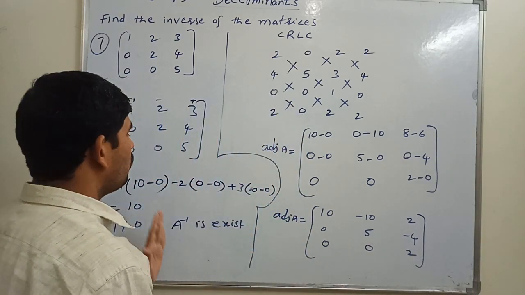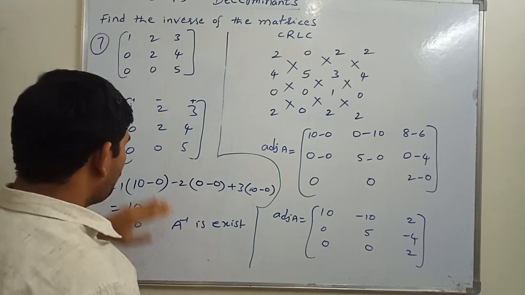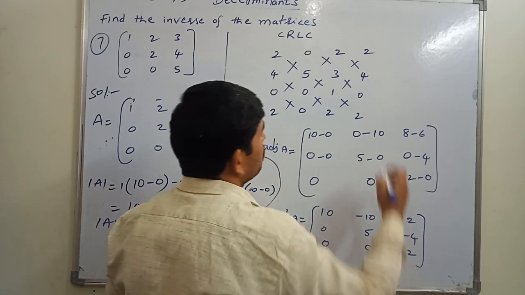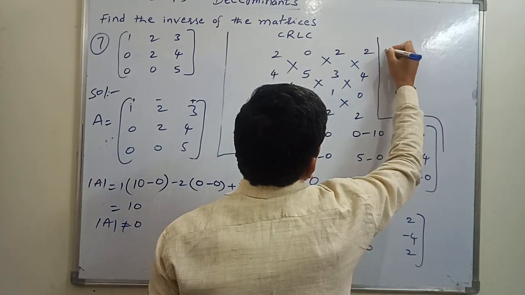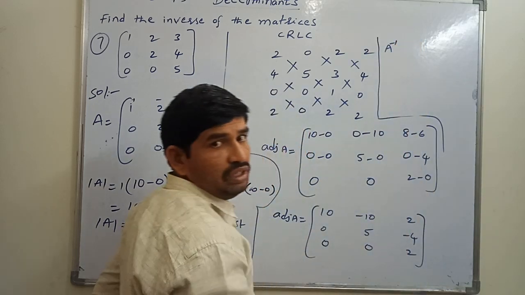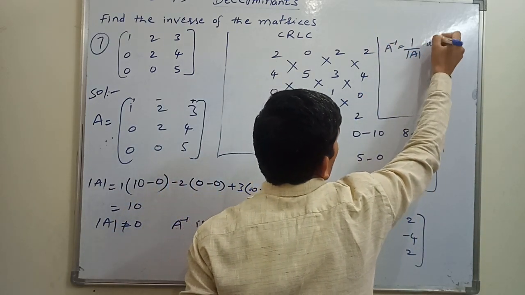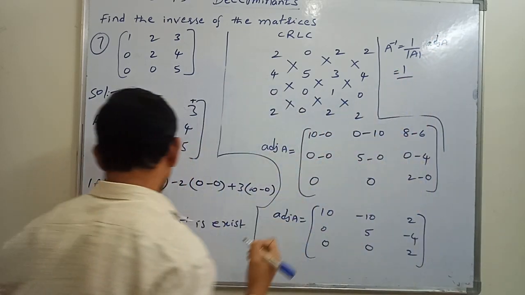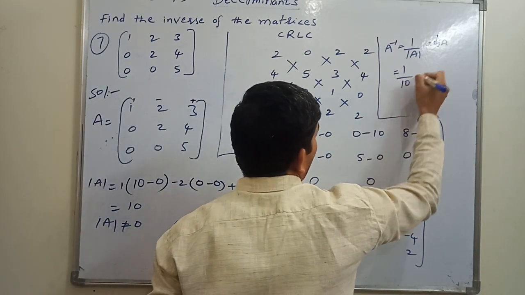Next see, we have to write the A inverse. Inverse of a matrix we are finding now. So we got the determinant of A and adjoint of A. Just we have to substitute in this. So I will write here, see, the inverse of a matrix: A inverse is equal to 1 by determinant of A into the formula, adjoint A. Okay, so now 1 by determinant of A, what is the result of that? That is 10.